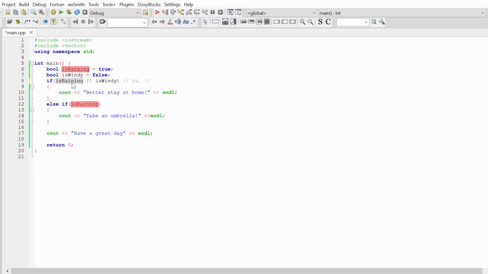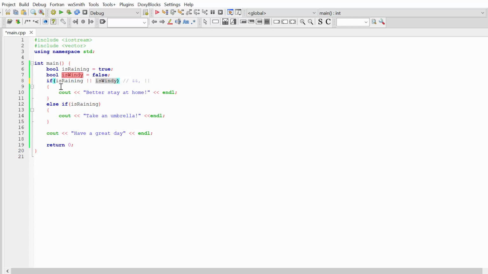So if isRaining is true and isWindy is true, the result of isRaining or isWindy is also true. If isRaining is true but isWindy is false, the result of the OR operator is also true, because we need at least one condition to be true. And if both of these conditions are false, false or false is equal to false.